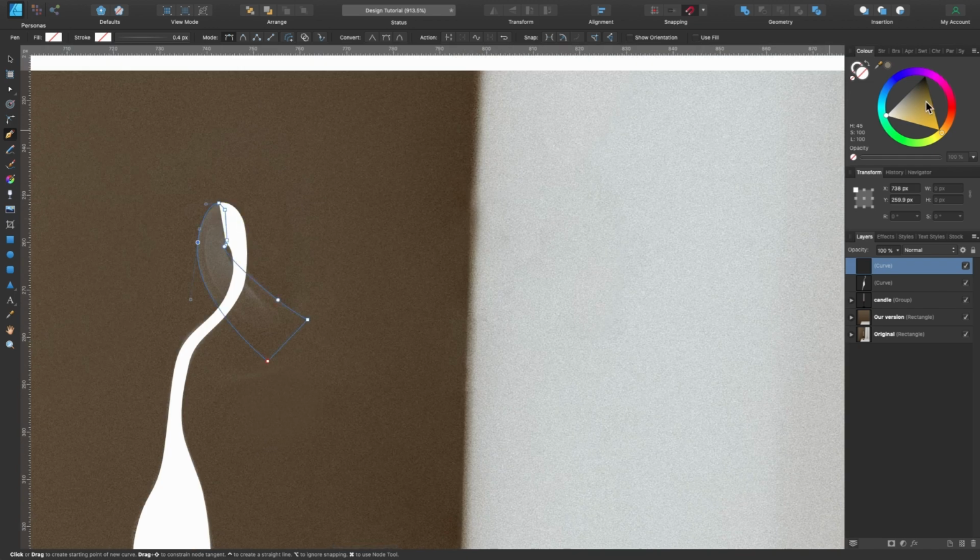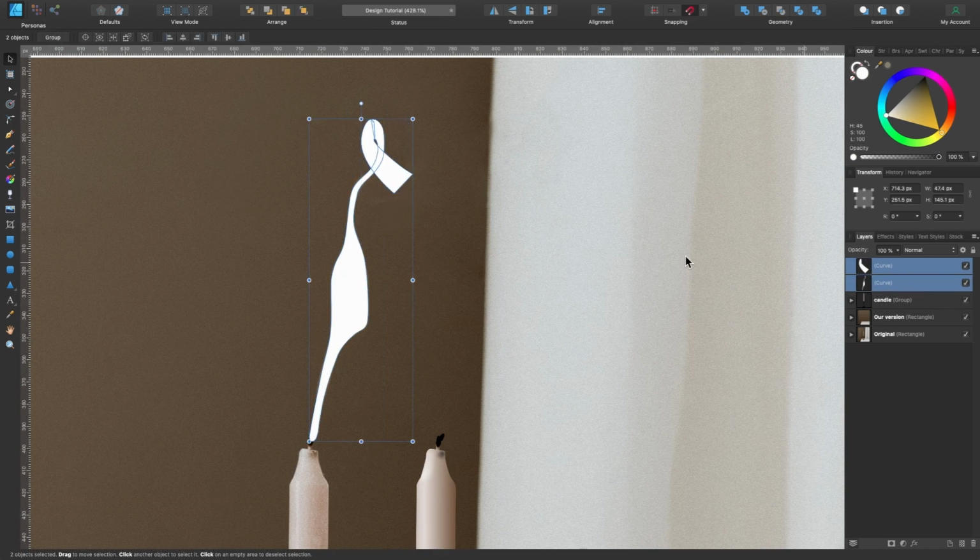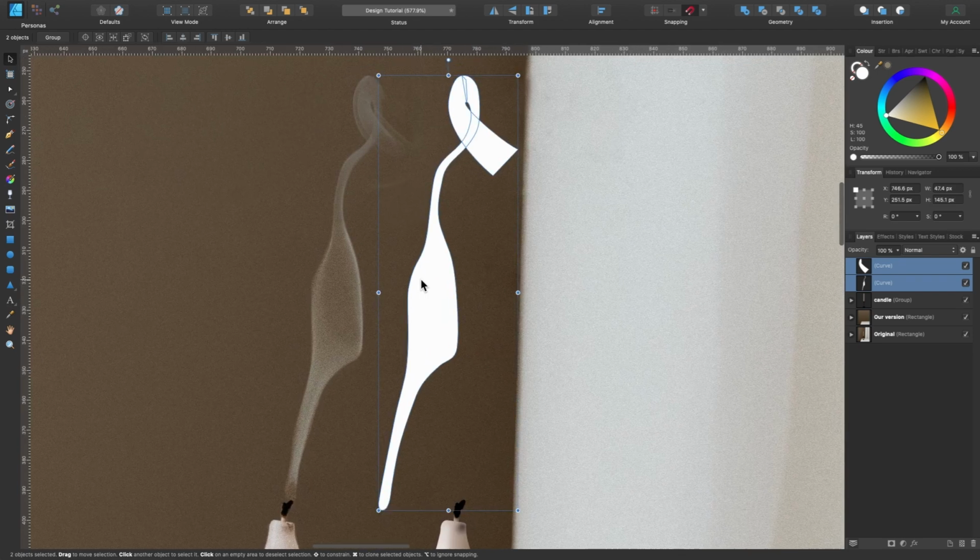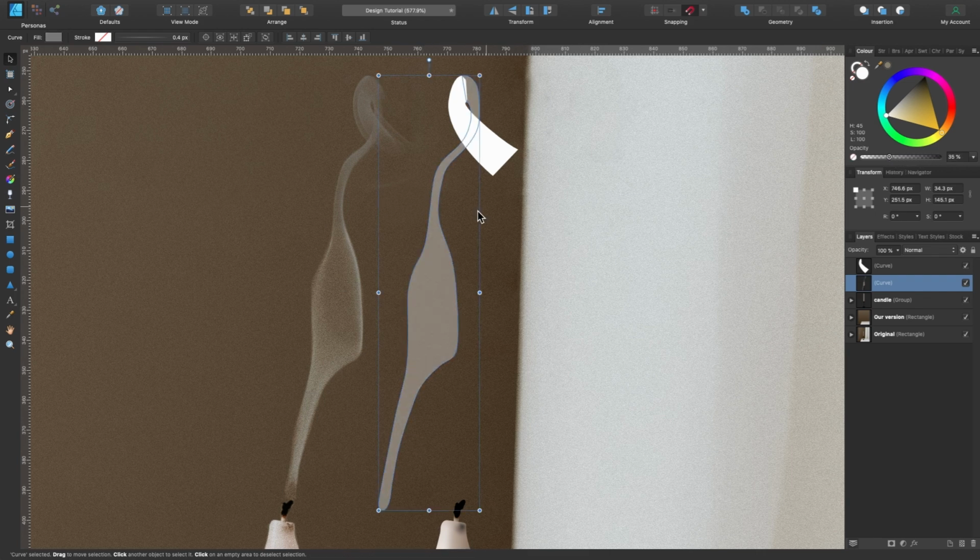Okay, I'm going to make this white as well. Let me drag them both off to the side. There's a couple of ways you can copy this style. Well, there's many ways. But one of them could be bringing down the opacity slightly and darkening it up a bit in the center there. But as we've got this overlapping bit, this is the best way I can think of in the moment.